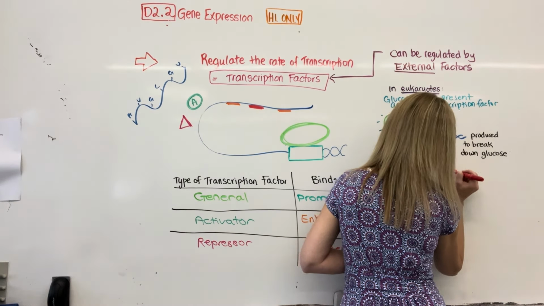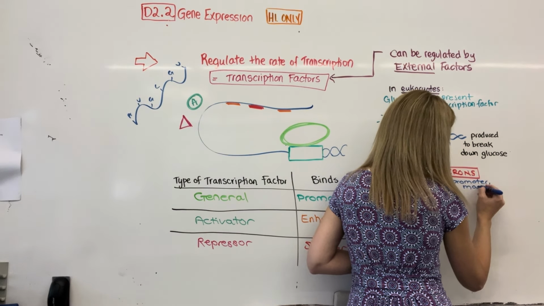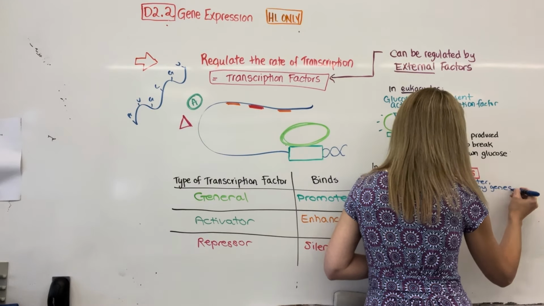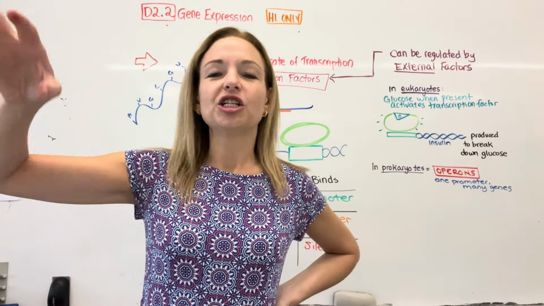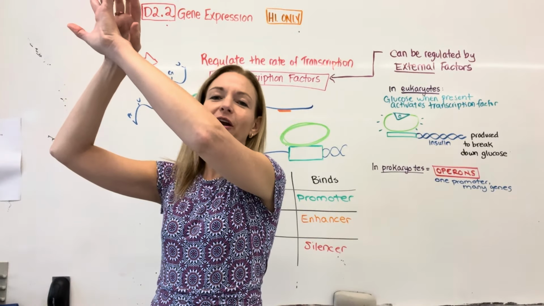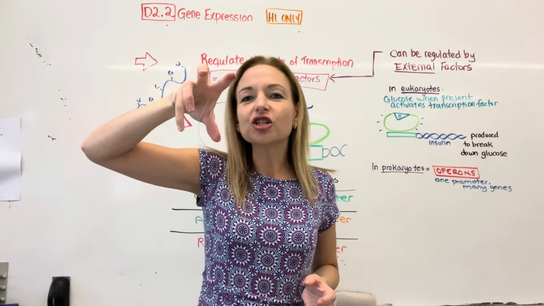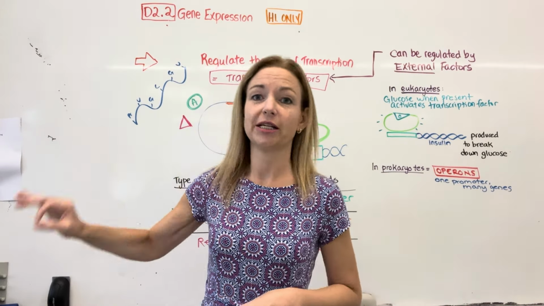The key that makes it an operon is two things. First of all, something called an operator. But the other thing that makes it an operon is that it is one promoter, many genes. So what bacteria can do is turn on groups of related genes together. It'd be like all of these genes are related to things I make for a birthday party. So I'm going to turn them all on, and then if I don't need them anymore, I'm going to turn them all off. So it clusters genes and regulates them as a group. Eukaryotes do not do that. We regulate each gene separately.